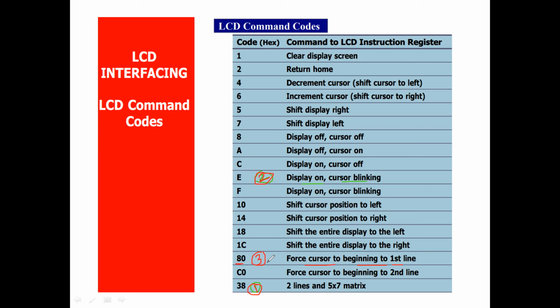According to the requirement, when you want to send a sequence of characters, 1, 2, 3 like that, the cursor should be incremented. Every character you display, the cursor should be incremented. So this could be your 4th point. These particular values are very important for you in order to send the data sequentially on the first line. Okay, these are all the commands. These commands you should give to program your LCD. Okay, how to program? Let us discuss.